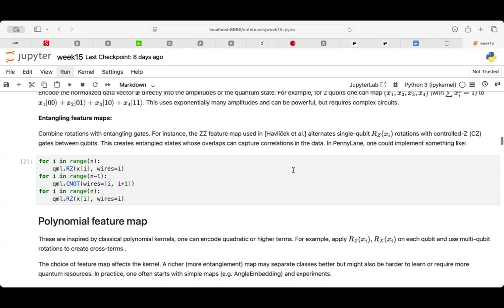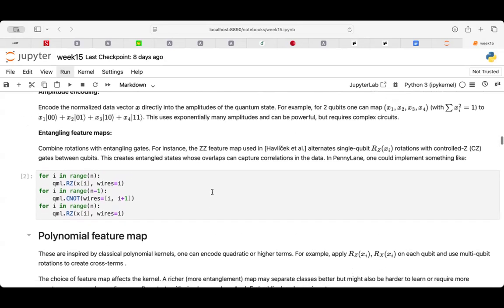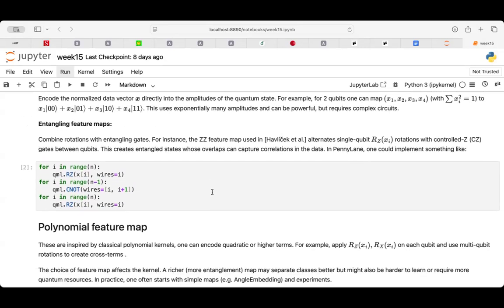So in PennyLane, the way you would do this is something like this. You would have, for one of the specific qubits, the wires i, and then you have i plus 1, etc. So you can then perform a rotation around the Z axis, and then you have a CNOT gate where you entangle 2 qubits, and then you have a further one where you now perform a rotation on the Z axis on qubit i here. So this would be a typical example of how you can make this more complicated and entangle the feature